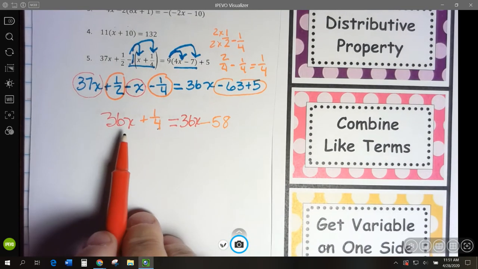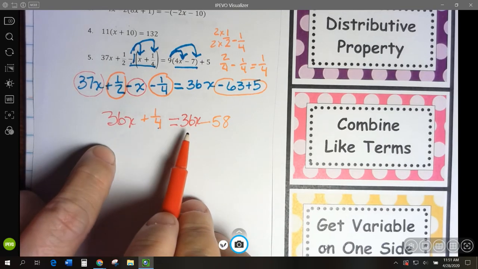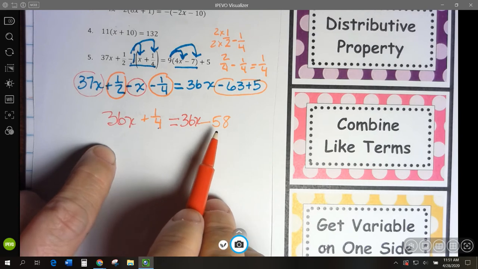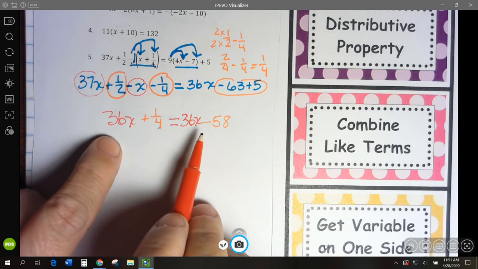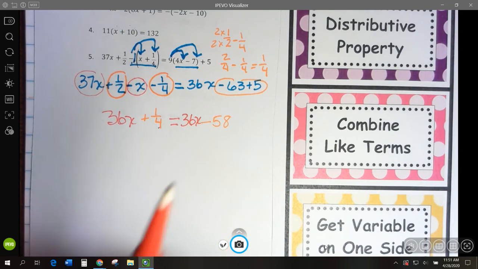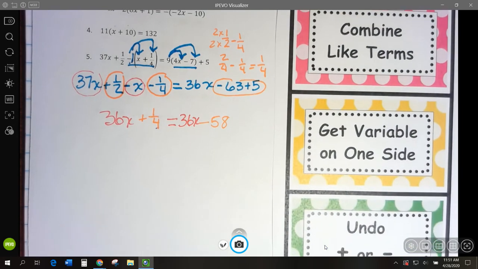Interesting. 36x, and I'm saying if I start with 36x and I add 1/4, that's the same as starting with 36x and subtracting 58. How can I start with the same number? With one of them I add, the other subtract, and I get the same thing. That looks kind of fishy to me, but let's continue on to our next step where we get our variable